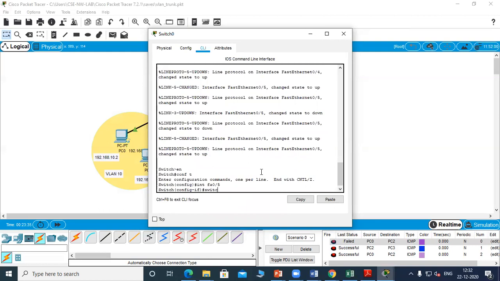Then here you have to make the mode as trunk, switchport mode trunk.